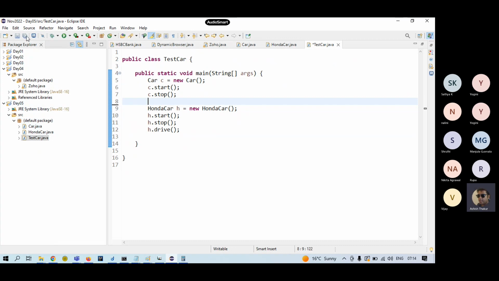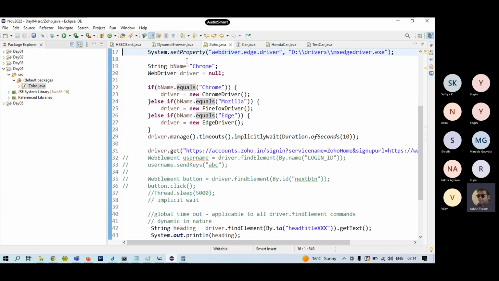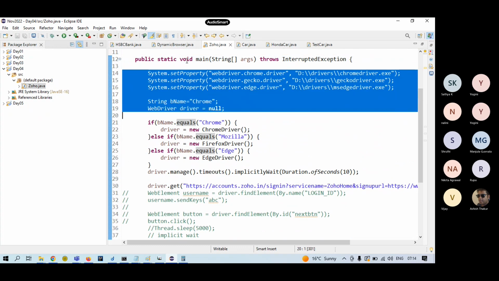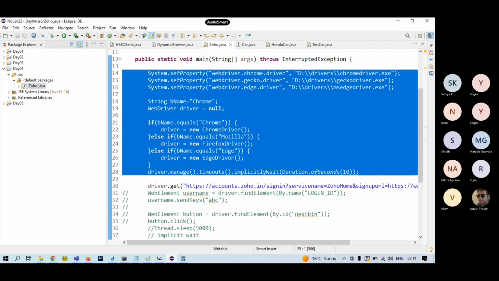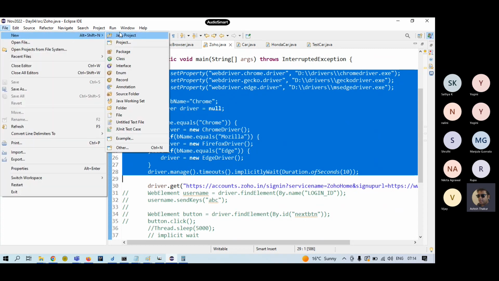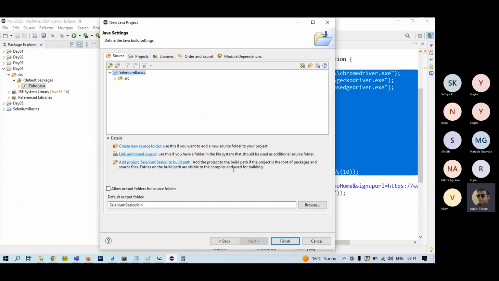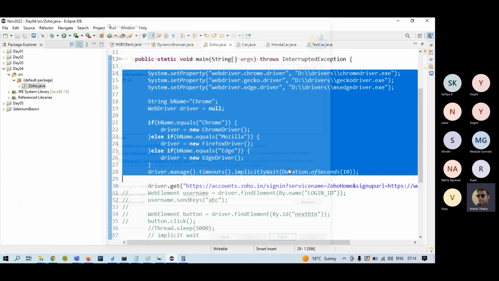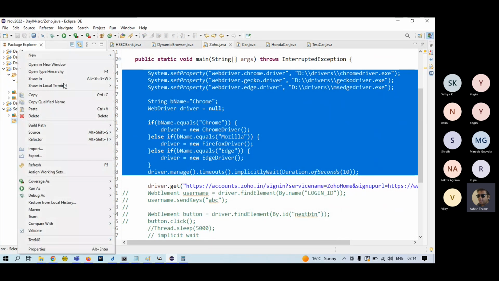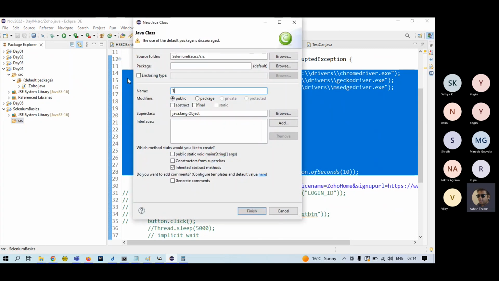Okay, now moving ahead, how will inheritance help us? Look, every time I have to write this code in which I am launching the browser. Okay, so what I'll do is that I'll make a new Java project as, say, Selenium Basics. I don't want to write this code every time, and I will create a new class out here known as test